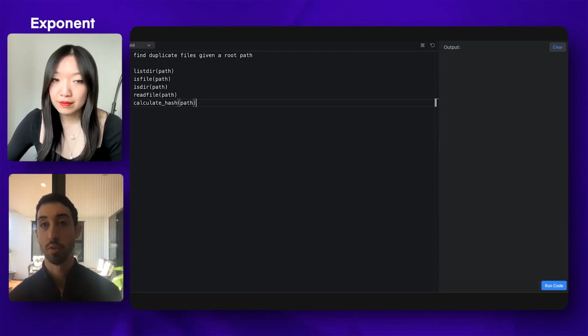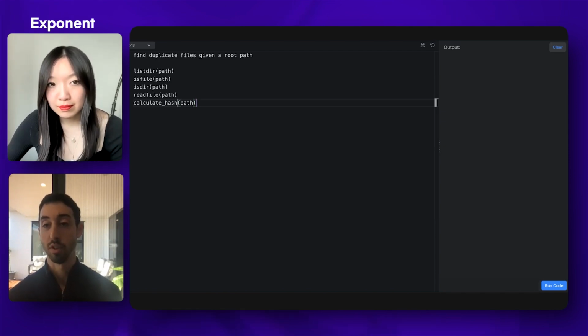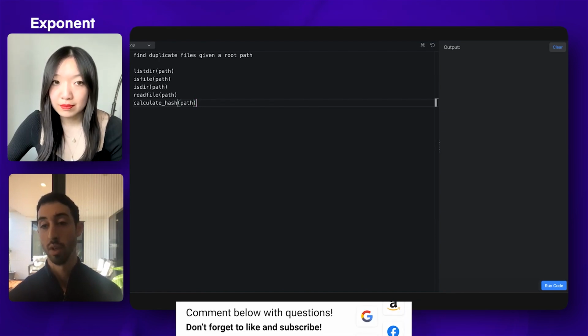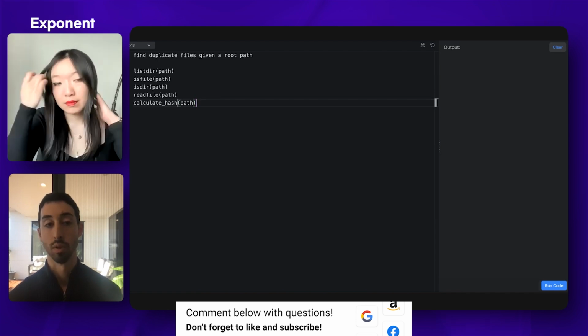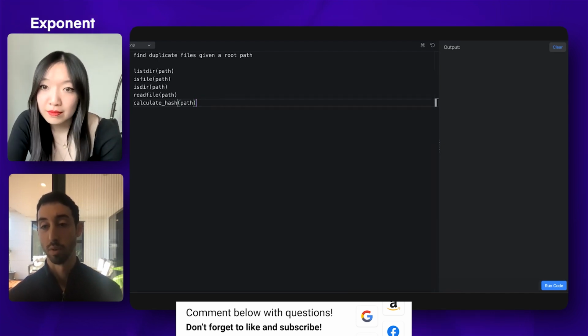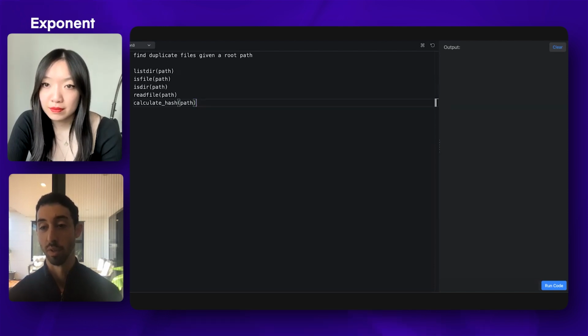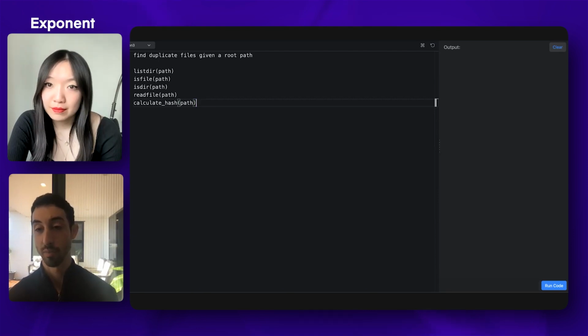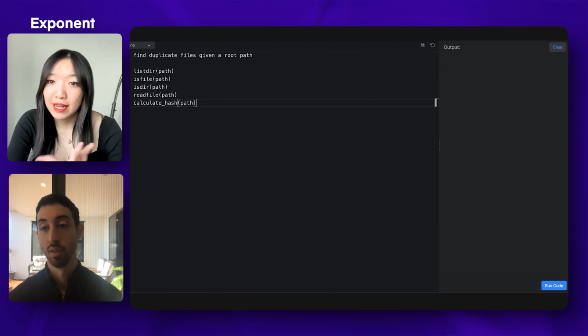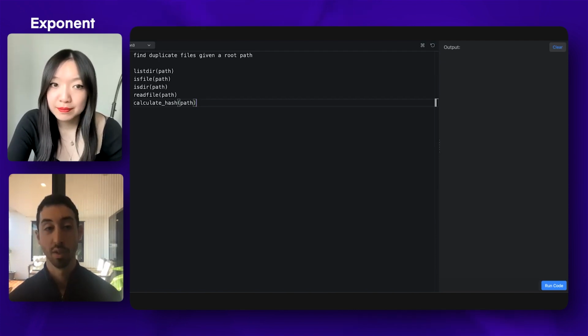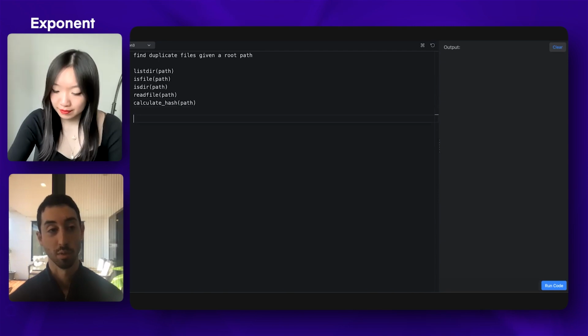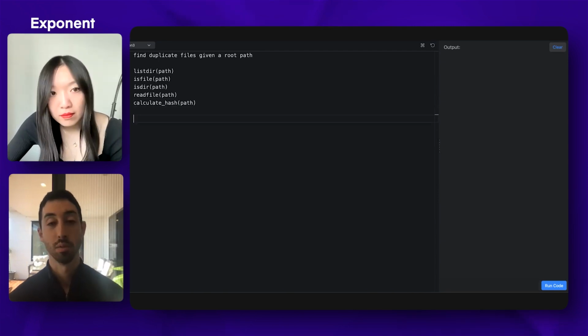There's just a small question. Usually there can be a very small chance of a collision, so this means files that actually have different content, but they have the same hash. We can use MD5, for example, but the question is, because I think it's a very small chance that it will happen, can I assume, like, ignore that edge case? Yeah, for now, I think you can assume that it doesn't happen often enough for it to be a concern. Yeah, cool. Thanks. So I think I have a pretty good idea of how to solve it. Can I get into coding?